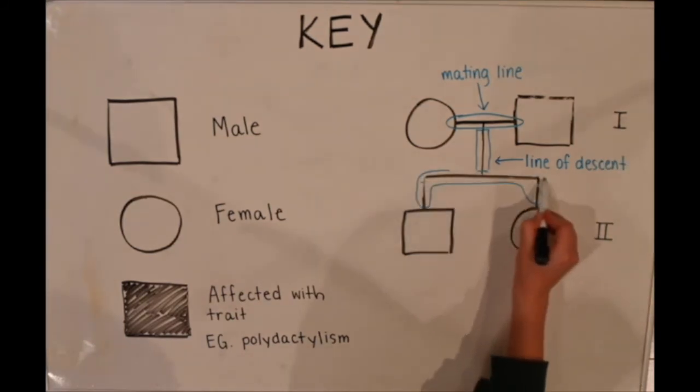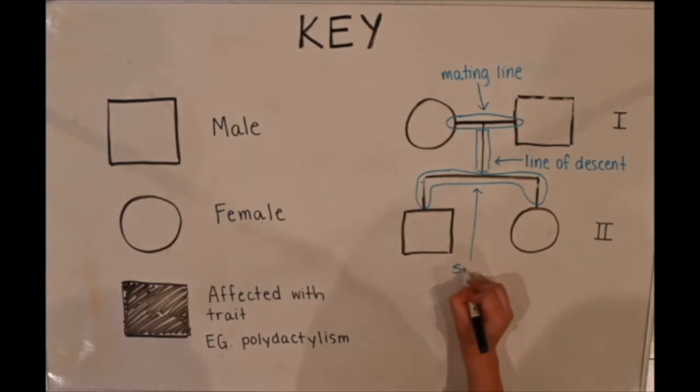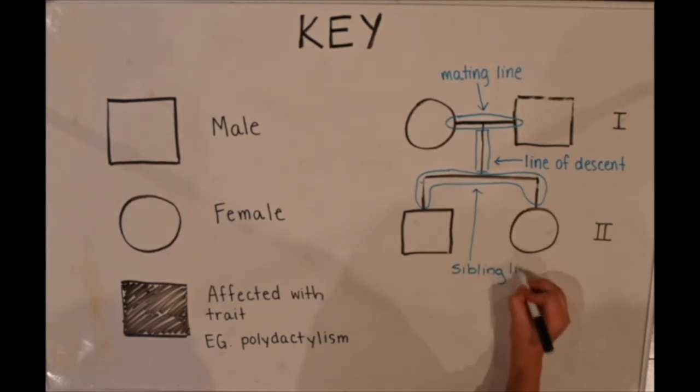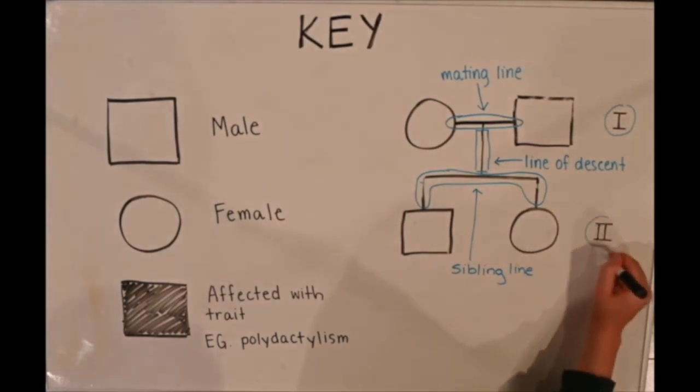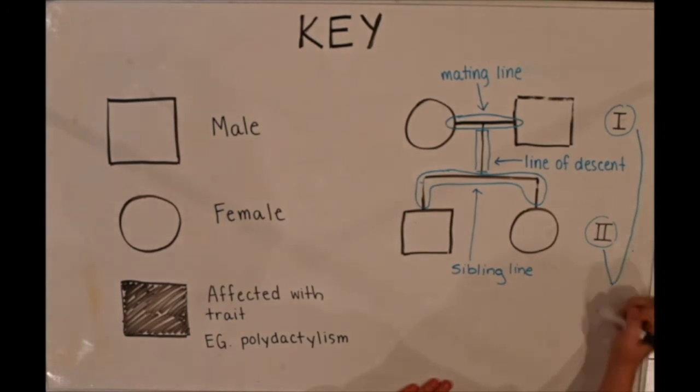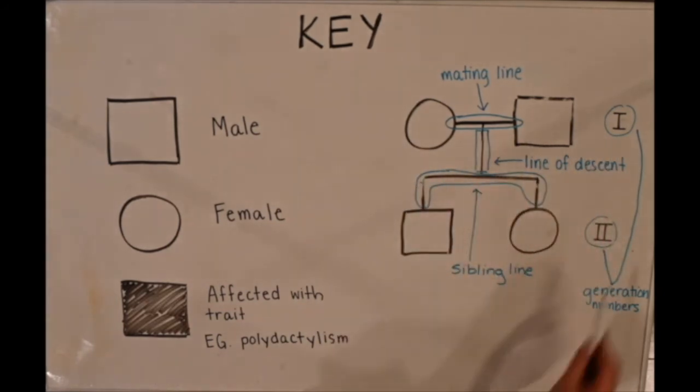From that line of descent, you'll see, in this case, a little horseshoe-shaped line, and that is the sibling line. Siblings are connected via this one horizontal line coming from the line of descent, and usually it has little vertical stems that come out of it that lead to each sibling. It's a bit confusing to explain verbally, but once you see me walk through the pedigree, I think you'll have a better understanding of it all. And lastly, on the right side here, we see Roman numerals, which are just the generation numbers. So the parents that are in line with that Roman numeral 1 are part of the first generation we're looking at, and then the children, or the offspring, in line with Roman numeral 2 are part of the second generation